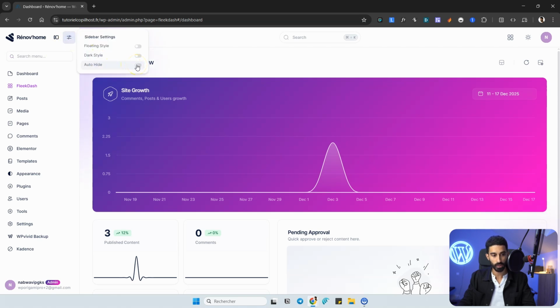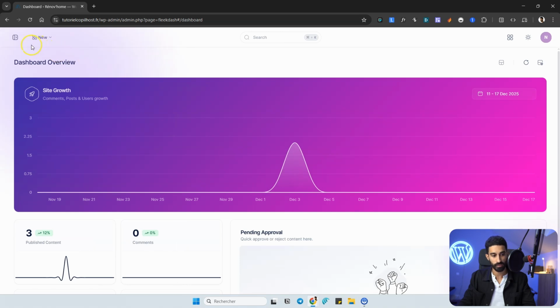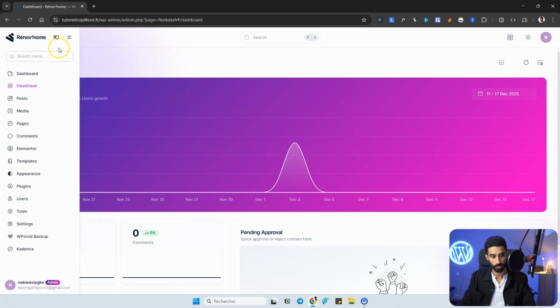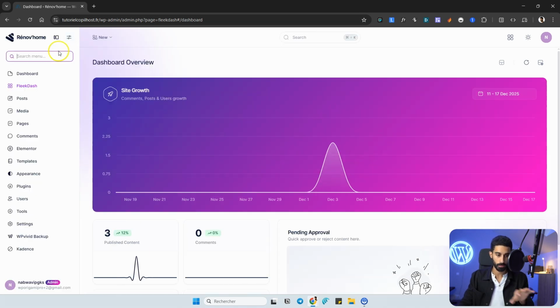And auto hide will automatically hide the sidebar if you don't navigate into the menu. So I just need to put my cursor on the left and you will be able to show the menu. The dark style here is just for the sidebar on the left, but you can also have a dark mode for the whole CMS. So I think it's working everywhere, but you may need to check with your own plugins and themes. Maybe it's not fully compatible with everything, but so far it's doing pretty well